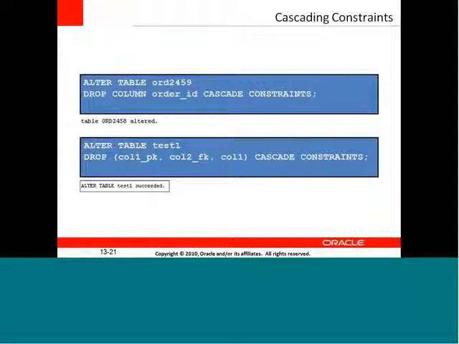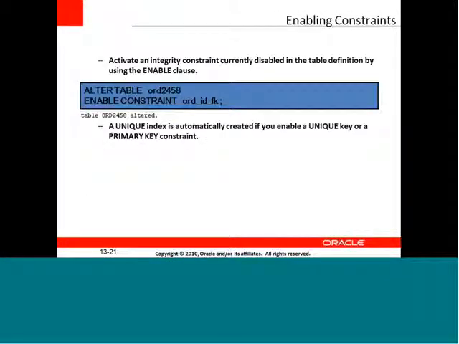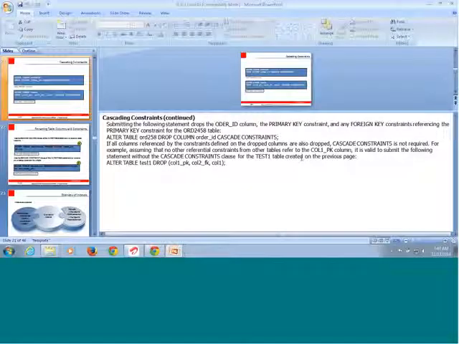So anything related to order ID which has been cascaded, even that will be dropped. So here you don't need to mention primary key or foreign key. See, it is automatically understood that this order ID is a primary key. That's the point I'm trying to say. Here we are mentioning the type of a constraint, but here we are just mentioning the column name, and the column name will be understood, whatever kind of key it is. And the cascading thing, if the value is being cascaded to or referenced by another value in another entity, then that also will be removed.